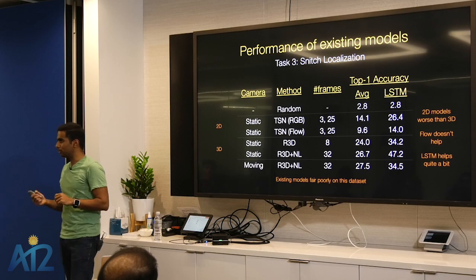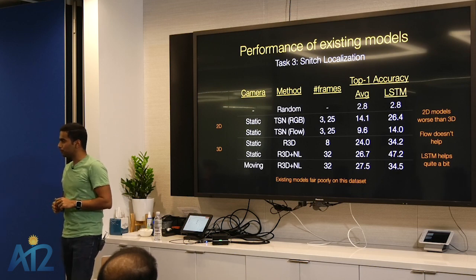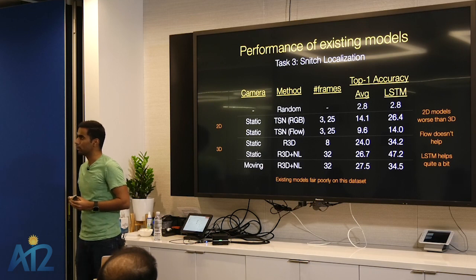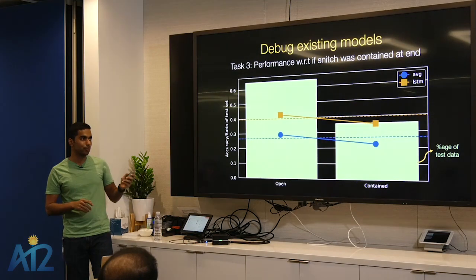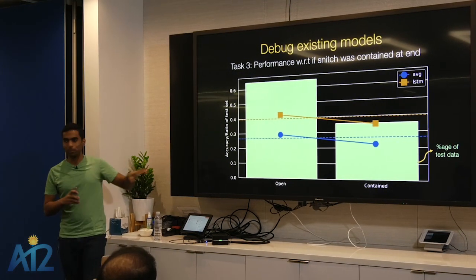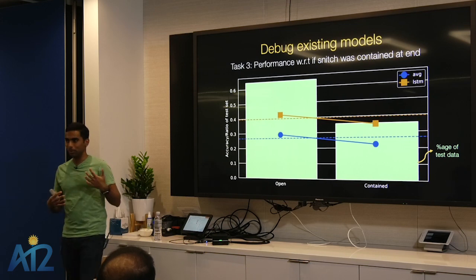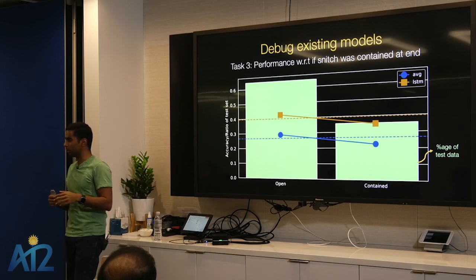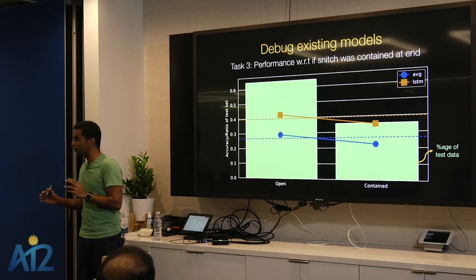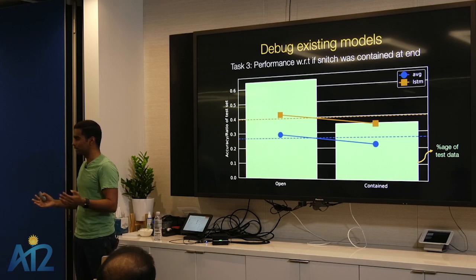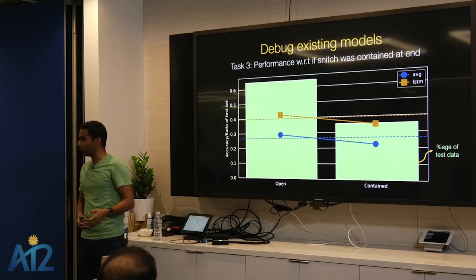But if the claim is the dataset really needs temporal reasoning, then 60% of the time you know it doesn't need temporal. I see. Okay, so the reason 60% of the time it does not need it is because we completely randomly generate the data, but we can collect only the data where it's actually contained in the end. So that's totally doable. The way we generated it, we did it completely randomly, but we can obviously make an adversarial dataset which is actually hard, and evaluate things in that setup.